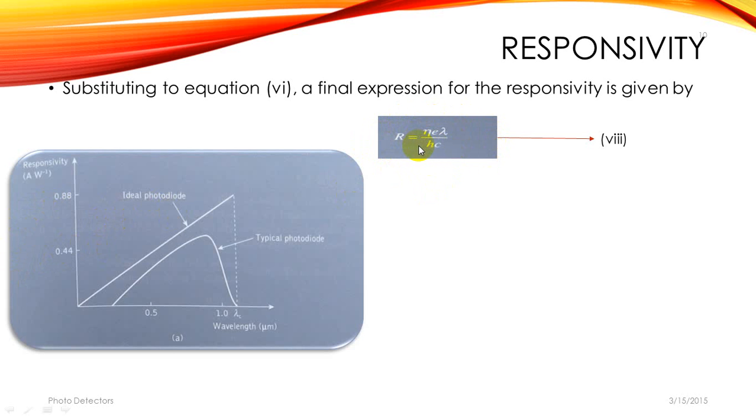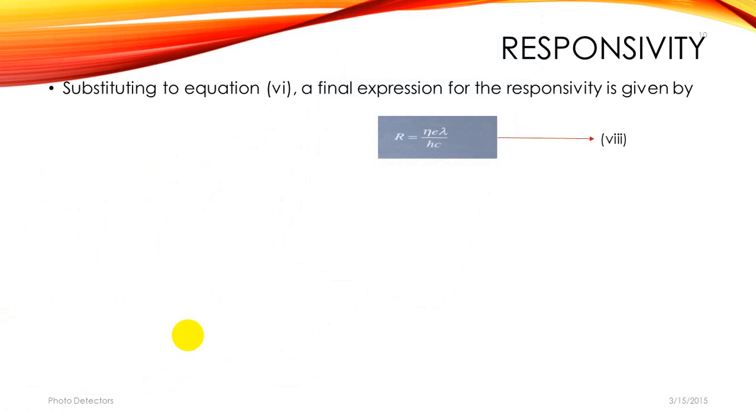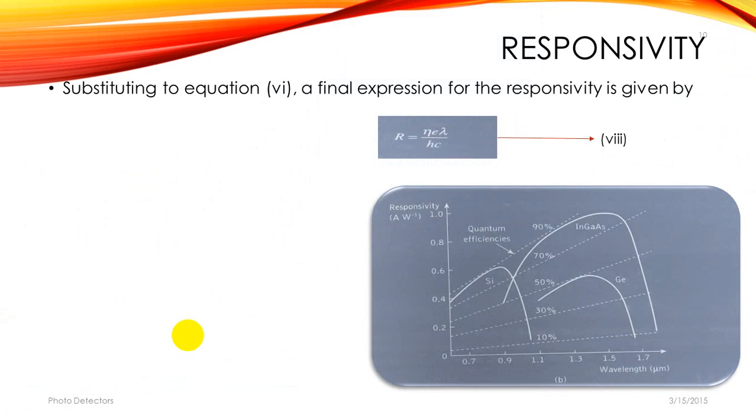Now the ideal responsivity against wavelength characteristics for a silicon photodiode with unit quantum efficiency is illustrated in this figure A, also known as the typical responsivity of a practical silicon device. Figure B, however, compares the responsivities and quantum efficiencies of the photodiodes based on silicon, germanium and indium gallium arsenide ternary alloy. It shows the lower values of responsivity of 0.45